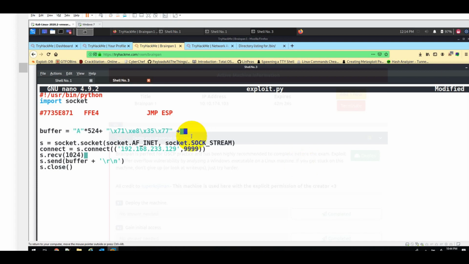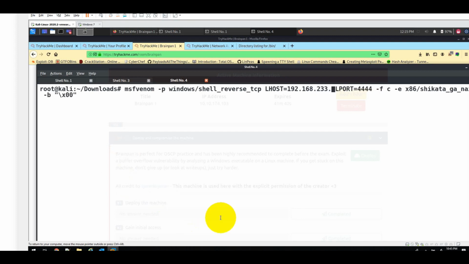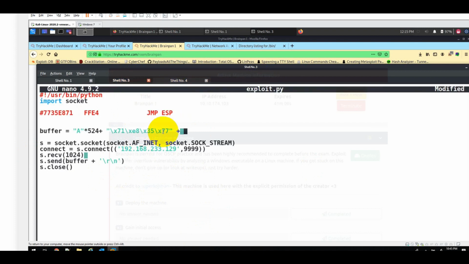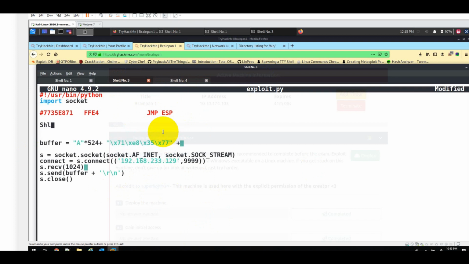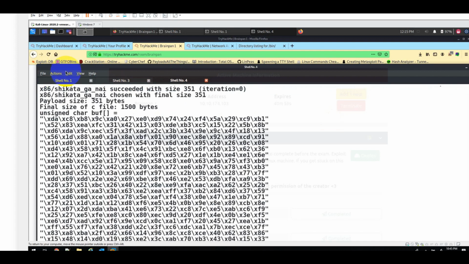And instead of CCC you can put shellcode or anything, but for the time being I'm just going to use MSFvenom to create my shellcode. So I just Googled and picked up this MSFvenom line. You need to provide the LHOST as well as the LPORT parameter. So I just put my LHOST, the IP address of my system, and then allow this to run. Okay, if I press enter, this will take a slight bit of time. Okay, so I'm just going to create another variable named shellcode and copy paste the same content that has been generated by MSFvenom.